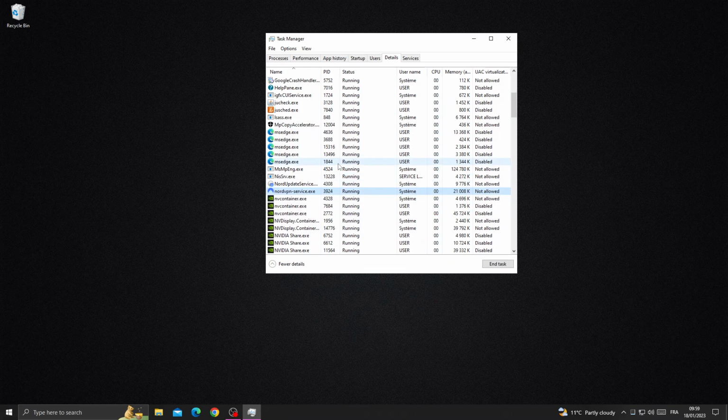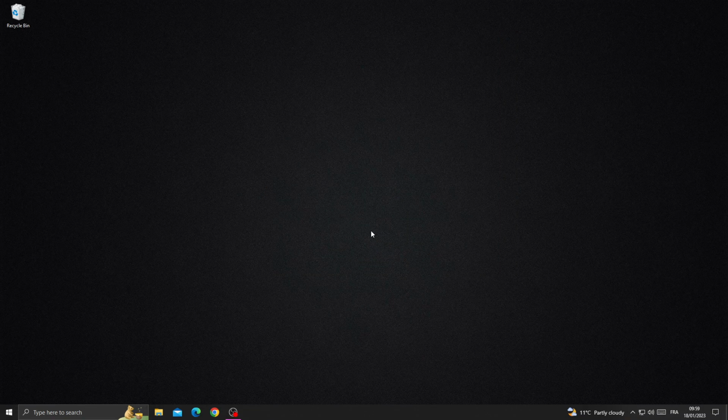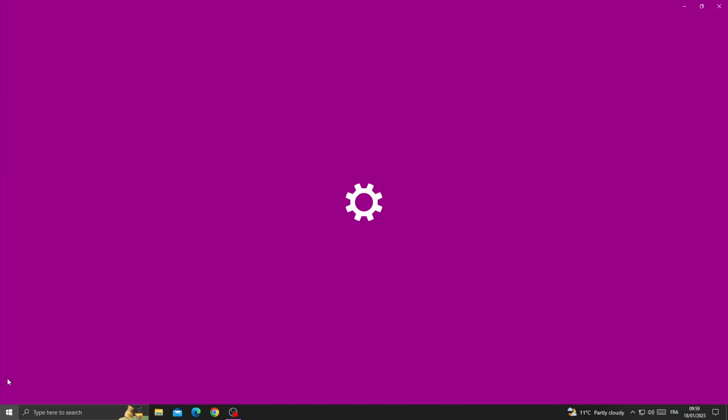Just scroll down until you find Genshin Impact and right click on it, and that's it. After that just try again, and if that doesn't fix it, now just close Genshin Impact and go to settings,